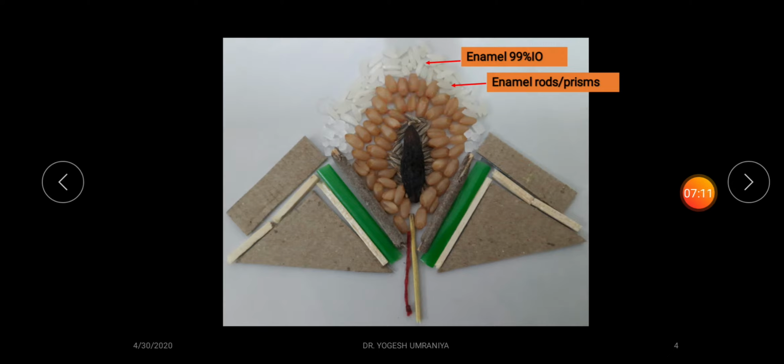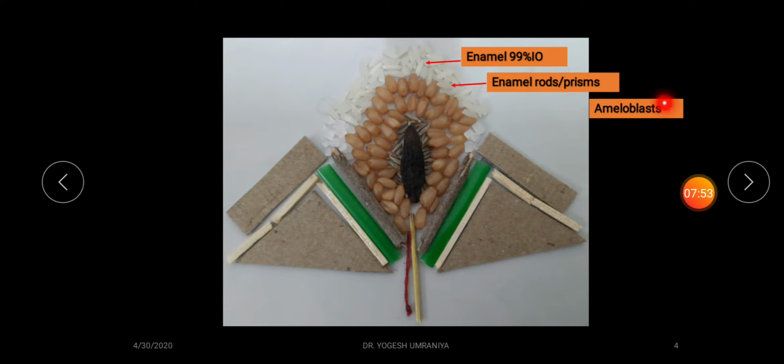And in between the enamel rods as well as the prisms, there is a sheath, that is known as the sheath of the enamel rods or prisms. And this enamel is secreted by columnar types of cells present on the enamel surface, that are referred to as ameloblasts. These cells undergo degeneration before the eruption of the tooth. So once the tooth comes out of the socket, the enamel is formed completely and there is an absence of the ameloblasts in this layer.